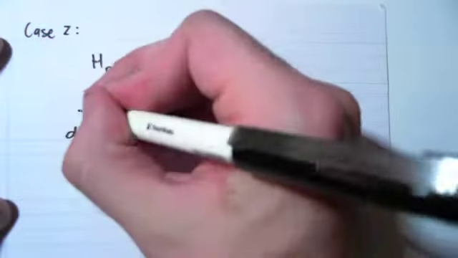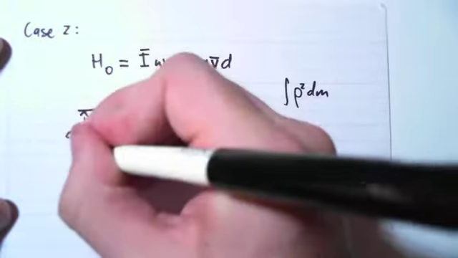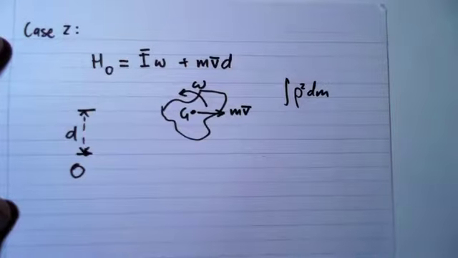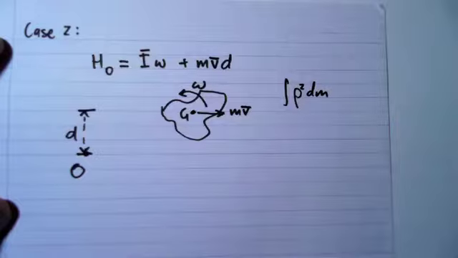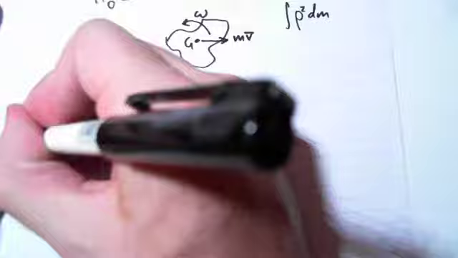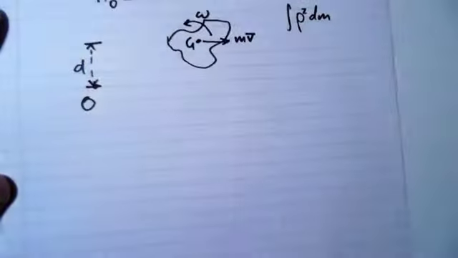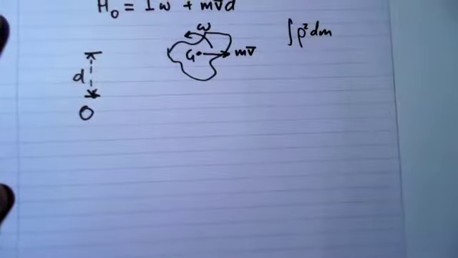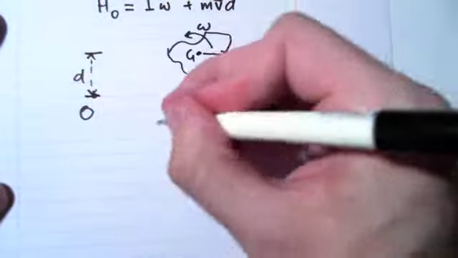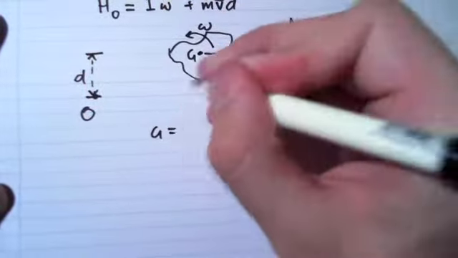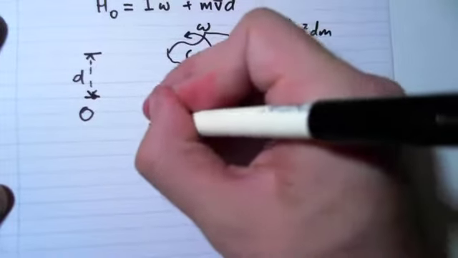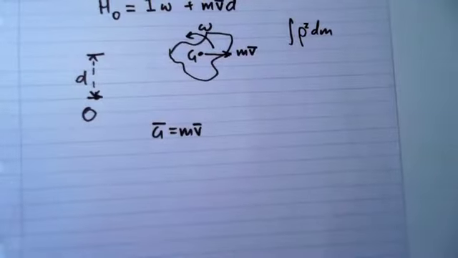The next thing that we consider is the third case, and that's where there is only rotation about a fixed point, which is not the center of mass. So for the third case, I should probably say first that we're going off G equals mv, where G at the center of mass is mv,